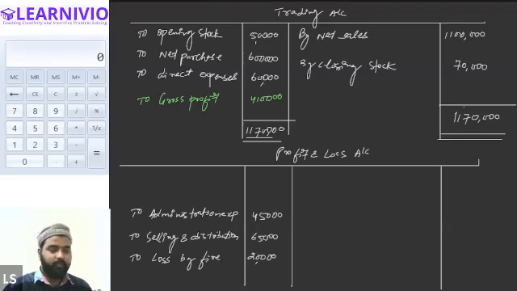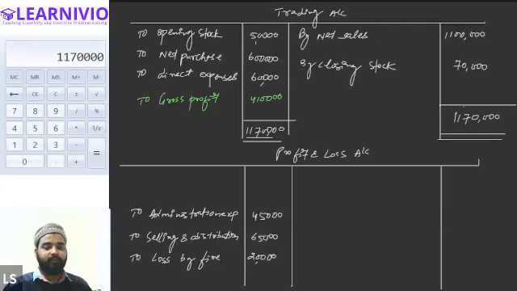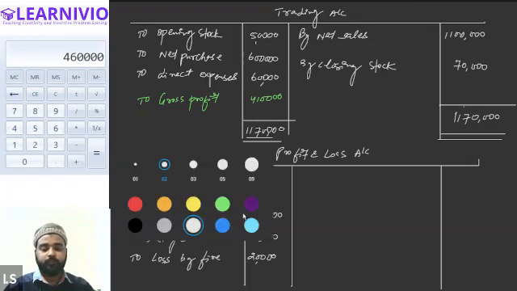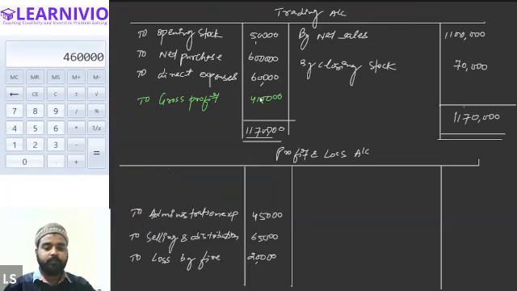Okay, calculate it again. First of all, the sales were 11 lakh plus 70,000 for the closing stock, and out of 11 lakh 70,000, we will be reducing 50,000 first, then 6 lakhs, then 60,000. So I think, yeah, 4 lakh 60,000 is the correct answer. Sorry, 4,60,000 is the gross profit, guys. Halima, Peer, Alexander, is this clear, all of you?